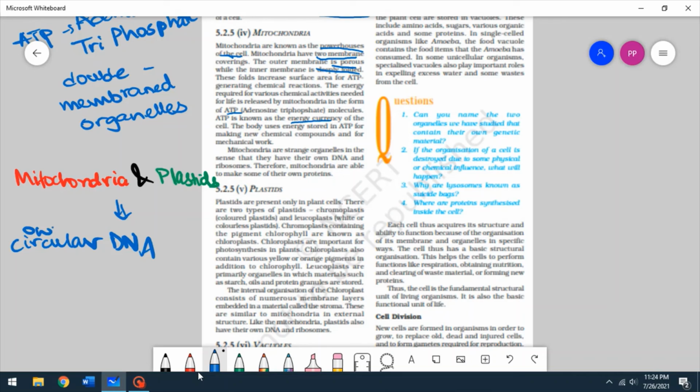Own circular DNA. Own is important here. Own circular DNA and 70S ribosomes. So I'm just going to mention 70S. This is also important. And ribosomes are basically of two types, 80S and 70S. 70S is the lower unit, but mitochondria and plastids both have their own circular DNA and the 70S type ribosomes, which makes them